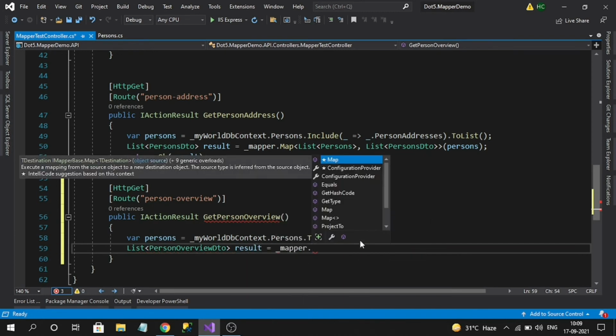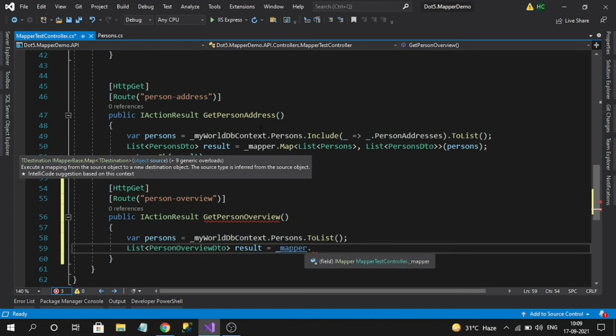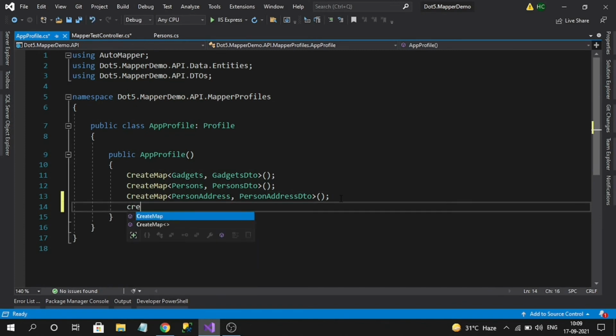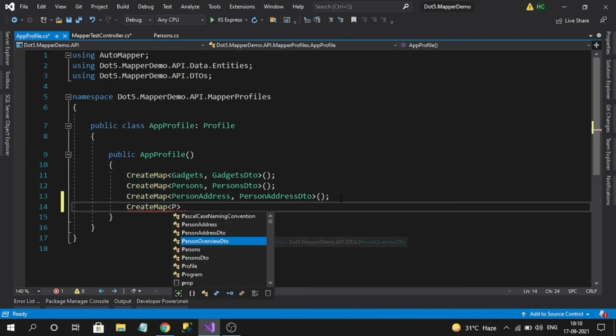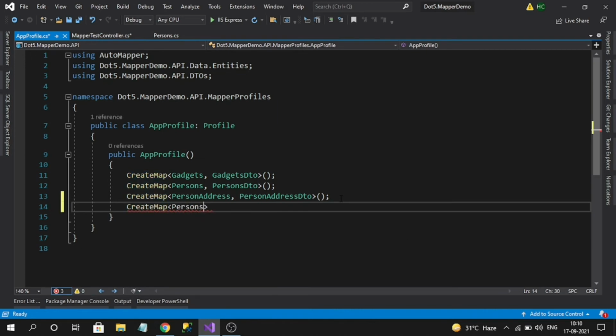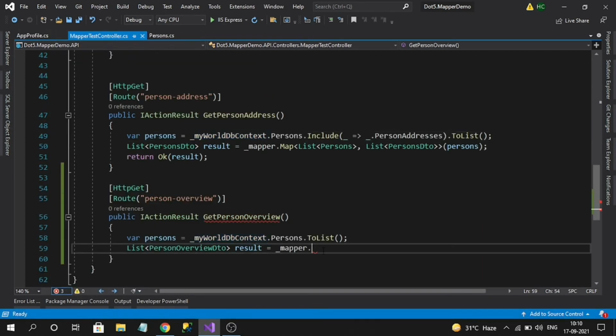But till now I haven't registered any mapping between persons and person overview in the profile, right? So first register there. So here create map from where to where, person to person overview DTO. Person to, so I have successfully registered here. So I can map them here.